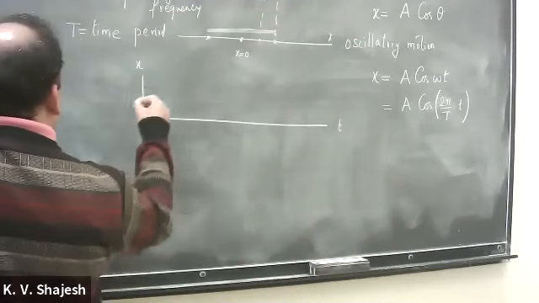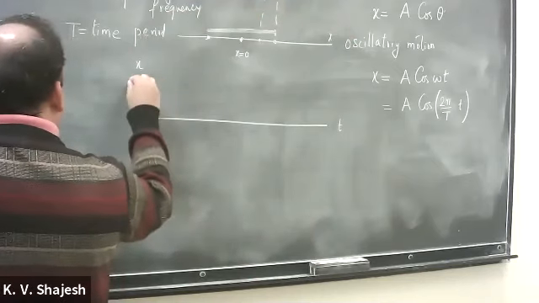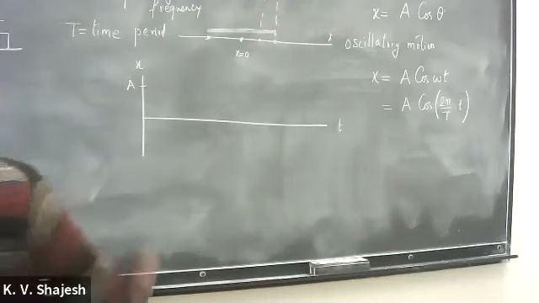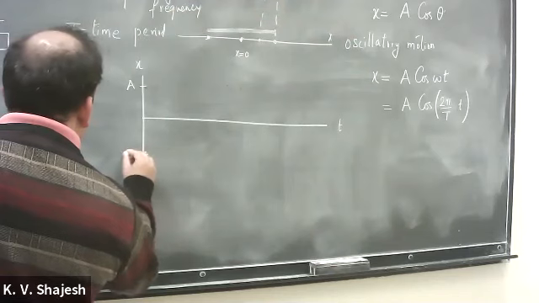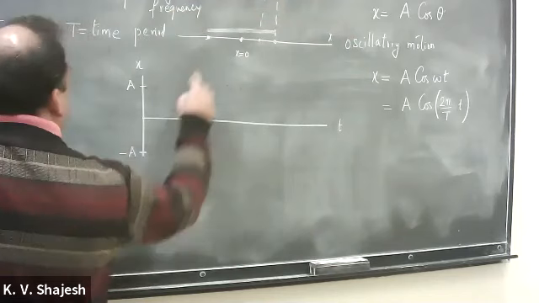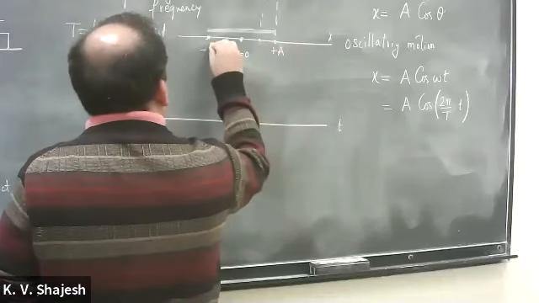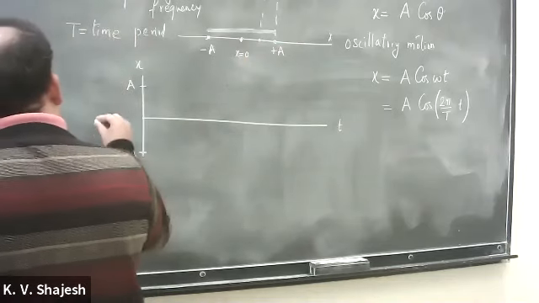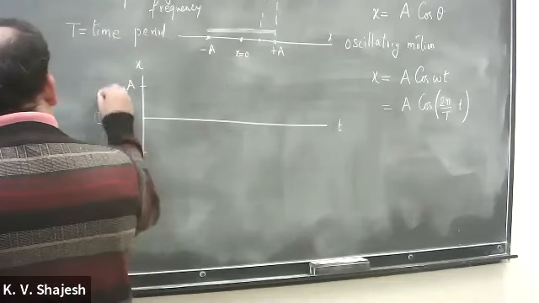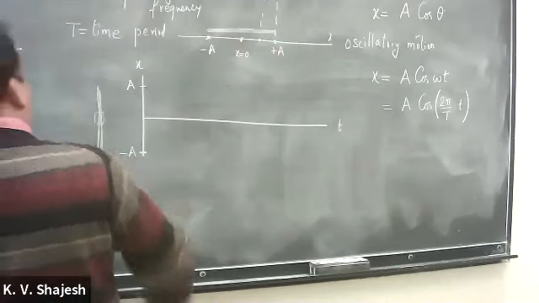So that means x can have a maximum and a minimum. Let's say that's a, the amplitude, the maximum value x can take, and that's the minimum value x can take, so that's minus a. That's plus a, and that's minus a. So the two points, you should imagine this mass is actually oscillating like this. In the x direction, it is plotted like that.